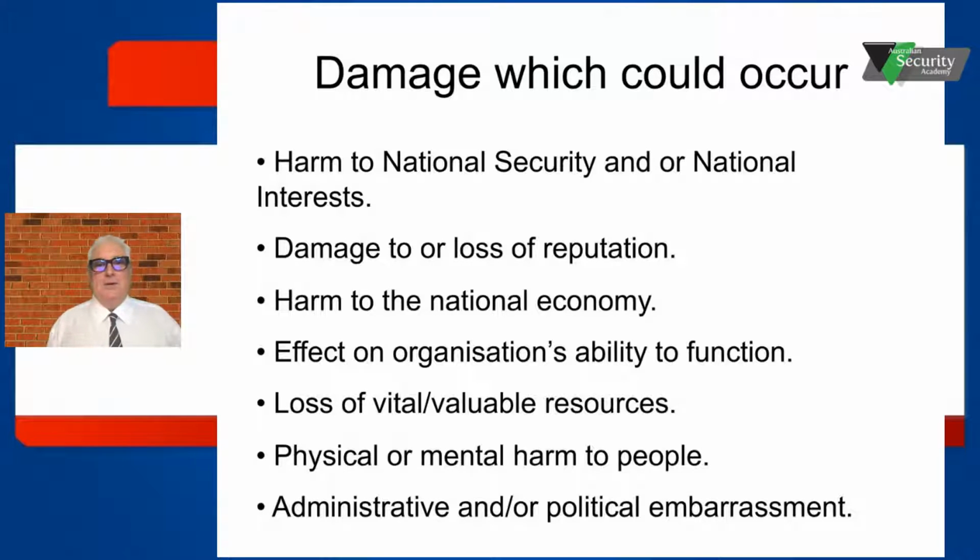What damage could occur to your organisation? Now, if it's a government department, federal or even state, it could be harm to national security and national interests. Government departments get infiltrated by individuals who are there just to disseminate information to outlaw motorcycle gangs, to other governments, to people that will pay for it. So think of the damage that could occur in the context of the risk of the organisation you're conducting the establishment of the risk context for.